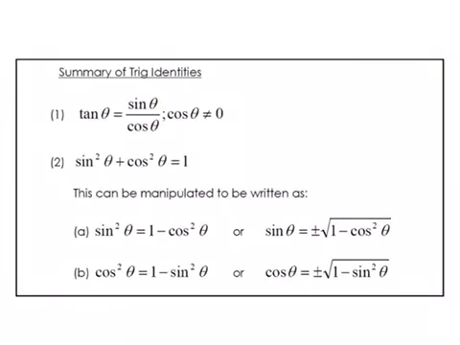So your general rule is tan theta, or tan of an angle, tan x, tan beta, is equal to sine of that angle over cos of that angle. So that's your first rule. But then also, sine squared of an angle plus cos squared of that same angle will always give you an answer of 1. Now, this piece can be manipulated. We can take the sine squared over, and we get cos squared is 1 minus sine squared. Or we could take,